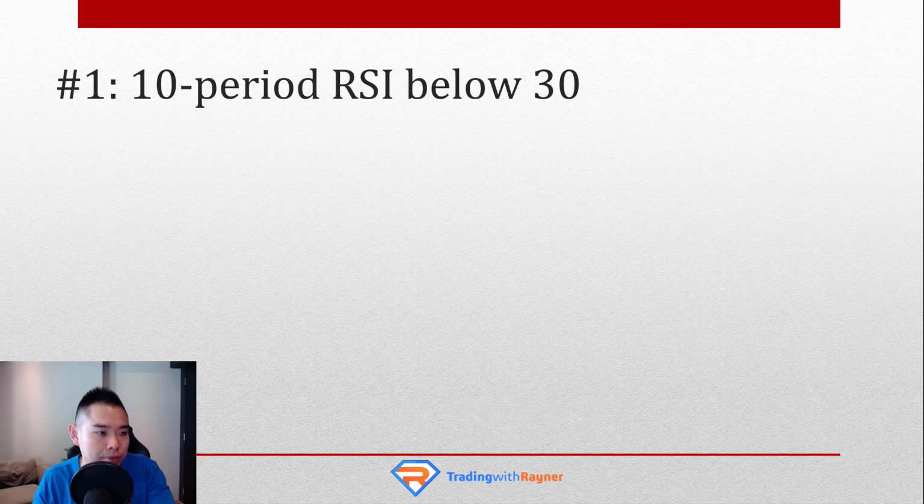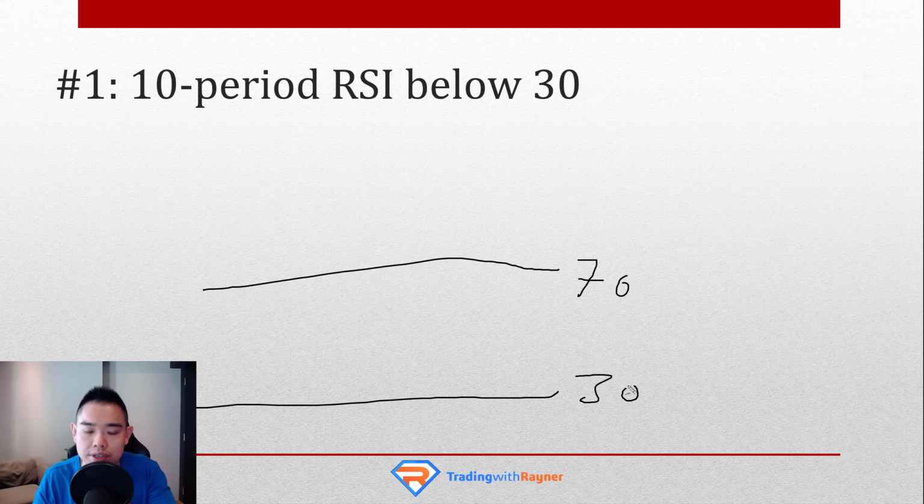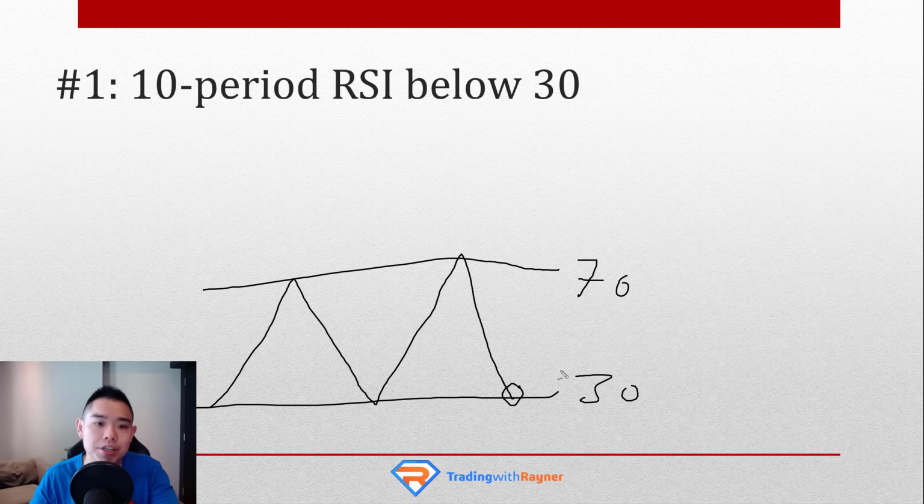So let me explain. When a 10-period RSI is below 30, it looks something like this. Let's say this is the 70 level. This is the 30 level of the RSI. RSI goes up, comes down, goes up, comes down, and it's below 30. This is where you want to look for buying opportunities, right, in the stock market, especially when a stock is